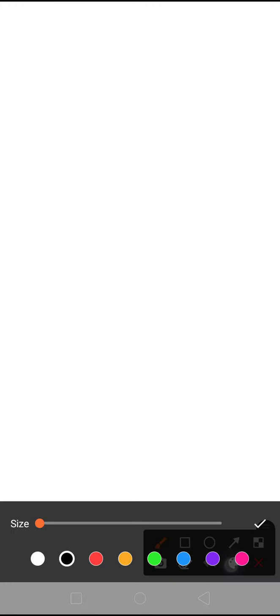Skeletal tissue basically forms the skeletal system of our body. A system means that the whole structure of the body is based on the skeletal tissue. In skeletal tissue we have two types, the bone and cartilage. In today's video we are going to learn about the bone, and bone is also of two types, compact bone and spongy bone, on the basis of the type of matrix which is present in it.